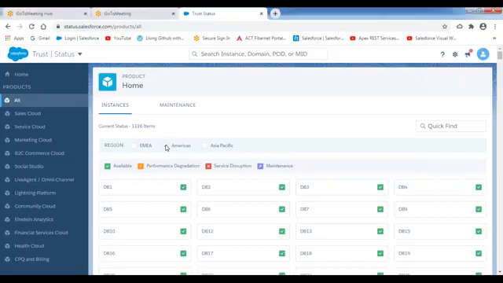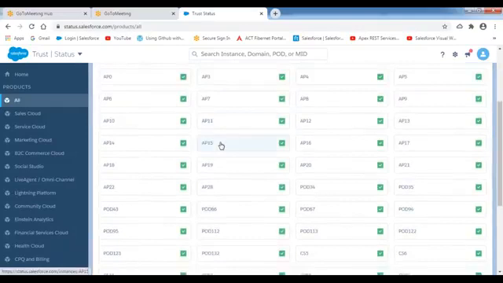Now, for example, assume that my server is AP15. That means for my application, Salesforce has allocated the memory space inside a server called AP15. If you want to know the current status of the server, it is indicated. I want to know the historical data, the historical status of my server AP15. Why? Because today